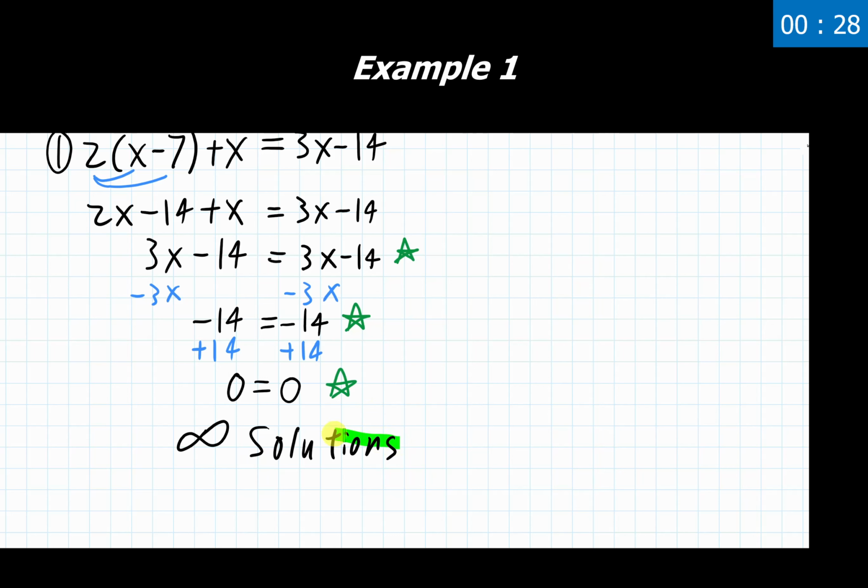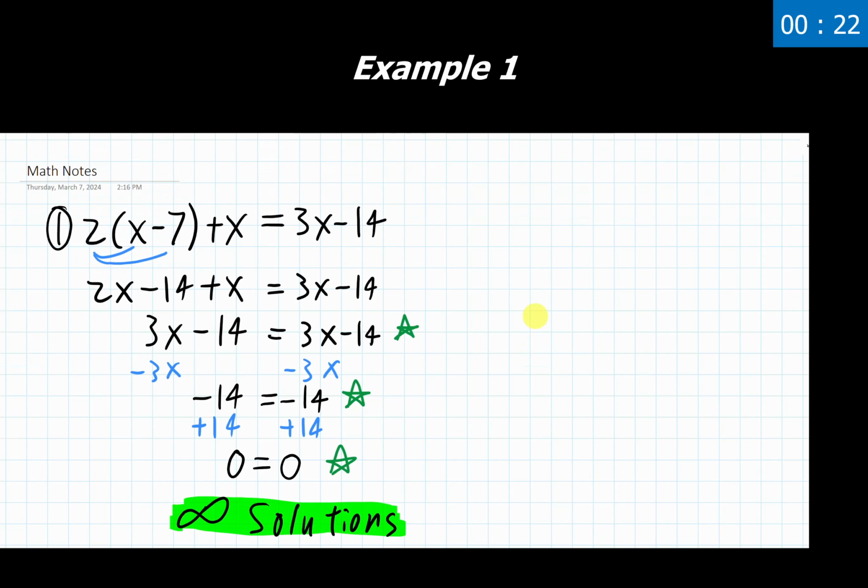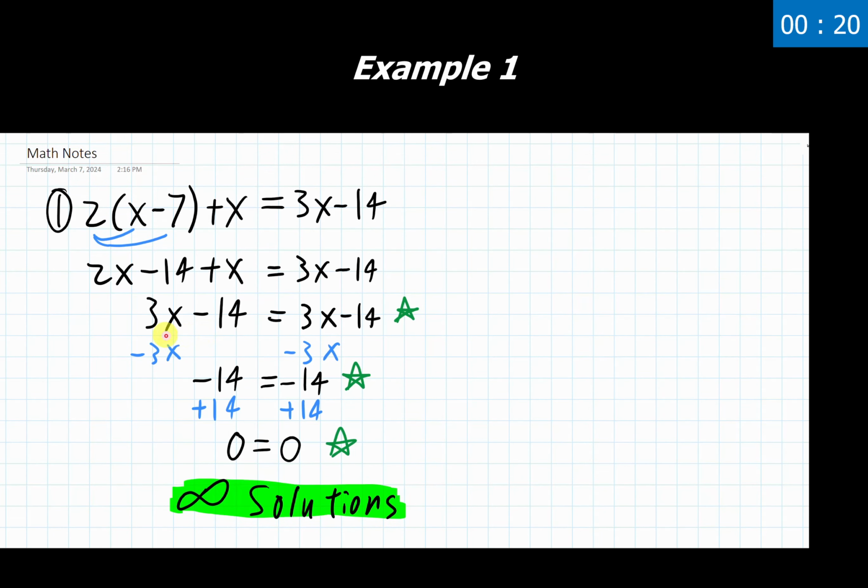So when you see problems like this, and as you're going through them, especially with identities, ask yourself: at any point in time, is every single thing on the left side, all the numbers, all of the signs, all of the variables, the exact same as the other side? They are identical to one another. Then we can just stop here and go right to our answer of saying, hey, I have infinite solutions and I'm done.